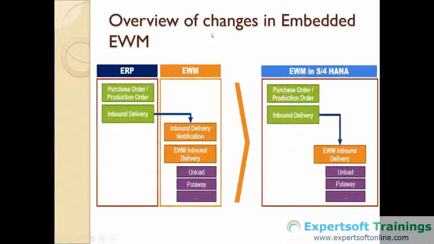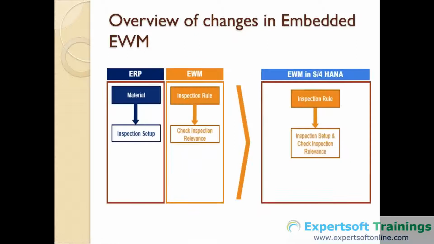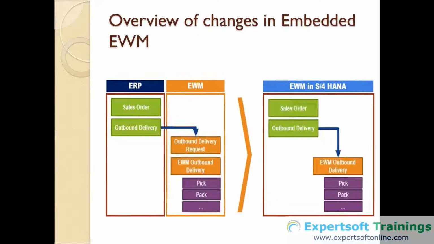Because EWM, whatever it is, we will still be treating that as an external system only. Though it is embedded in your S4 system, the architecture was designed in such a way that it is still treated as an external system. So we are communicating to an external system, though you are in an embedded one. You're getting my point? That's the reason we make use of a new delivery again in